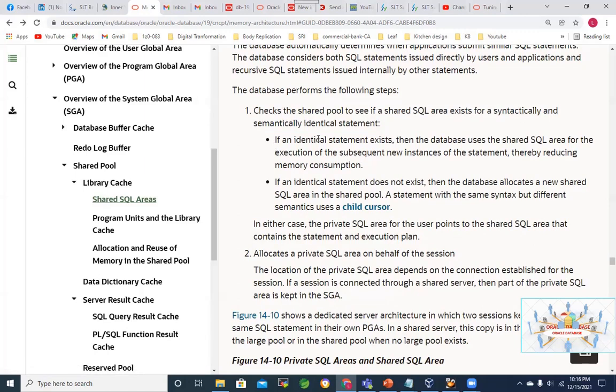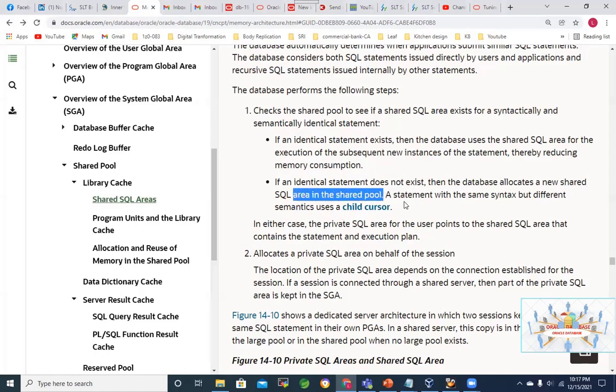Then it says if an identical statement exists, the database uses the shared SQL area for execution of such statements. So you put it in the shared SQL area because both are identical. If an identical statement does not exist, that means different sessions are issuing different statements, then the database allocates a new shared SQL area in the shared pool.